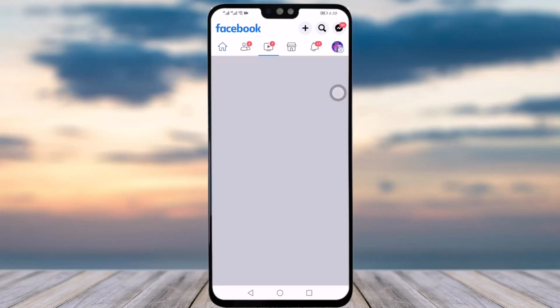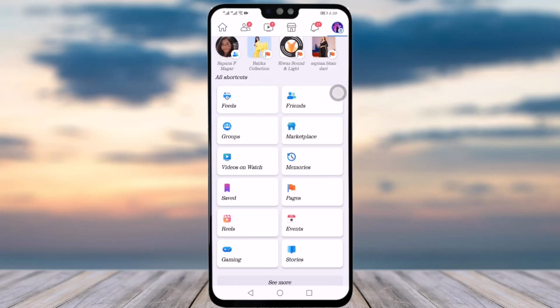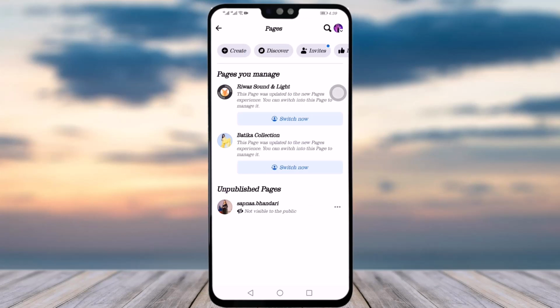You will again go back to your profile, and then you will tap on this pages option, and then as you can see that particular page is not there anymore. So yeah, this is how you can